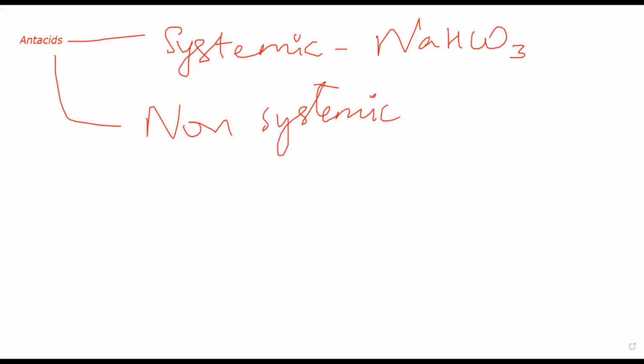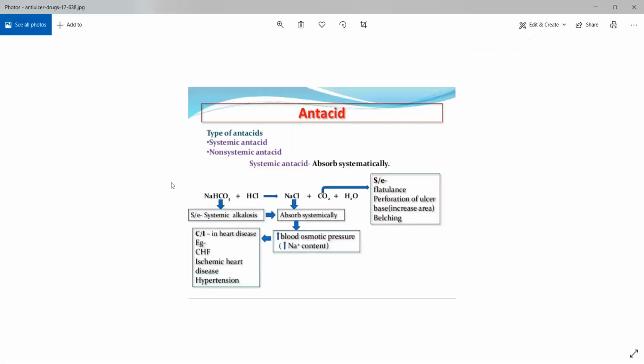1 second, I'll show you. देखो, systemic antacids, once they are getting absorbed inside your body systemically, they will cause systemic alkalosis. So they will stop the action of gastrin one way or the other. Okay, but there are a lot of side effects associated with systemic antacids. That is why they are not used a lot. All right, even though they are very rapidly acting, they'll act very quickly, they are very short acting.